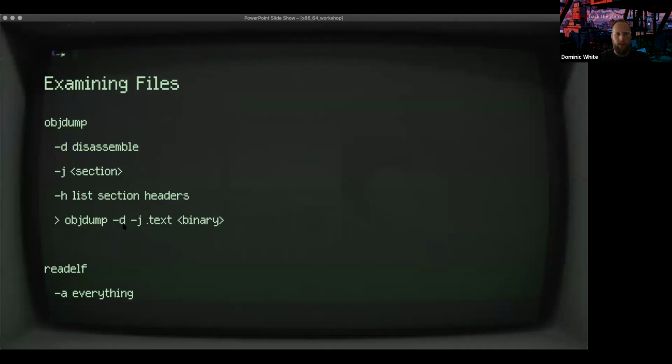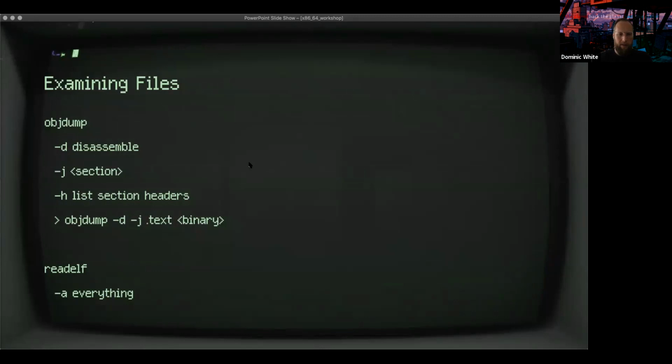So if you do objdump -D as in disassemble, -j .text, it will show you your code portion. So if we go to exit, if you remember, exit ref.s was that really simple mov and then return. So if we do objdump -D -j .text on